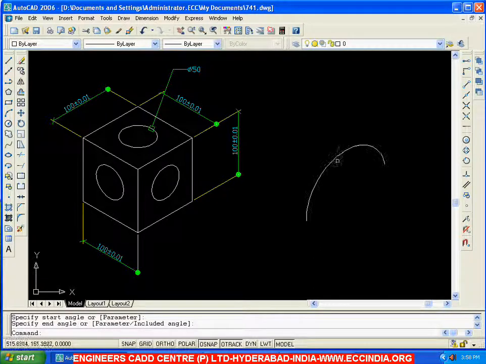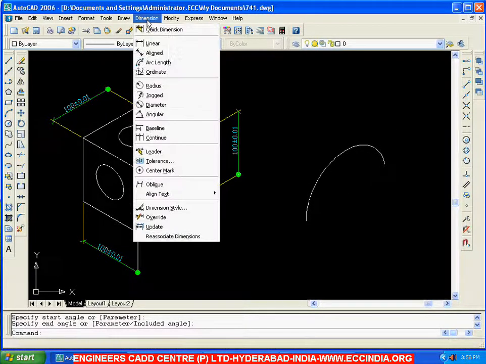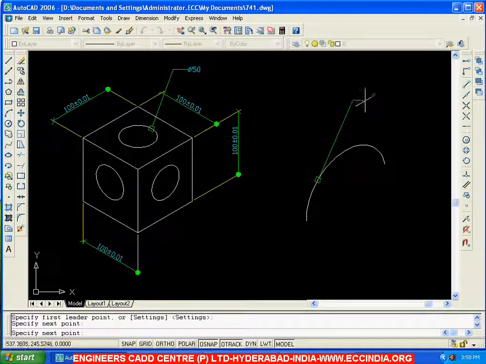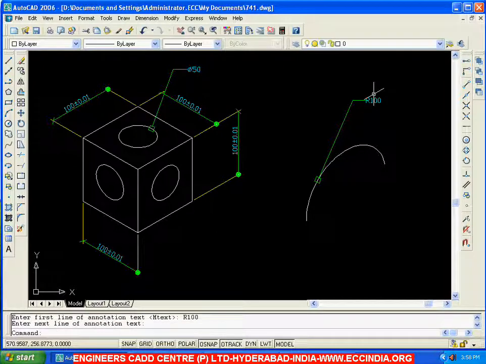Now for this arc, if I want to specify the radius, I can go with again dimension, leader, pick the start point, end point, then the third point, and next you can define the width. Then now I am specifying here as R 100. If it is of radius 100, I can specify here R 100. Then it is going to specify here that is a radius of 100. So this is how we have to write the text with the help of leader in case of isocircles and isocircular arcs in isometric drawing.